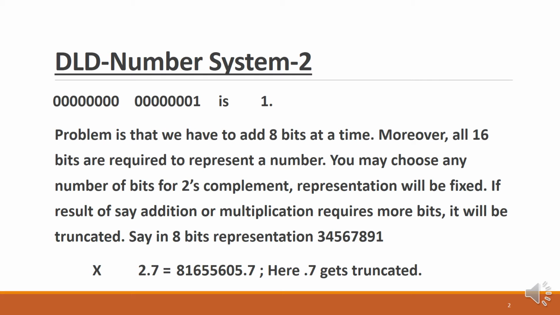Now if it is the general thing, say for example, I ask you to please give me rupees 81655,605.7, and if you don't give 0.7, it doesn't matter. But if I ask you, alright, give me 8165560.7 billion, then of course 0.7 billion is a huge amount. Similarly, in precision medical readings, if 0.7 gets truncated, it is going to make negative to positive or positive to negative.